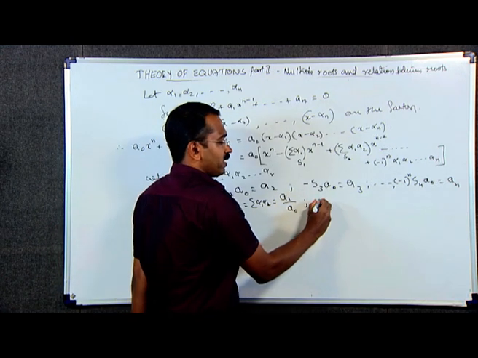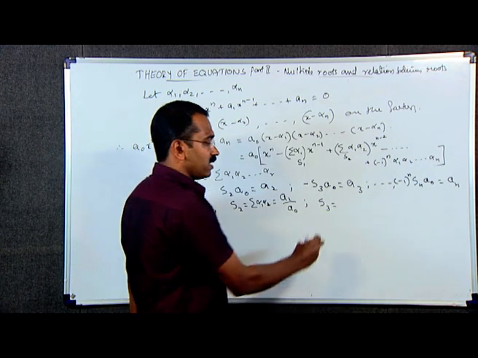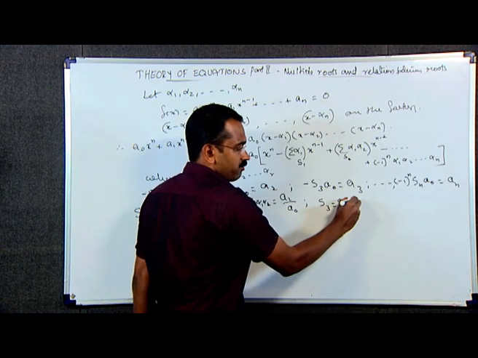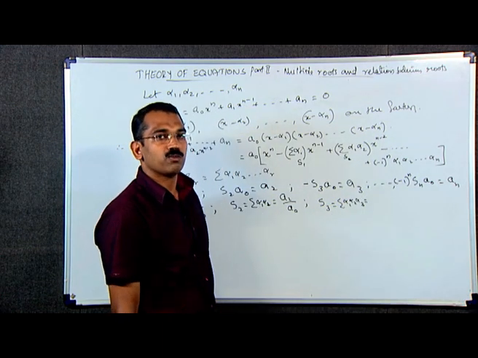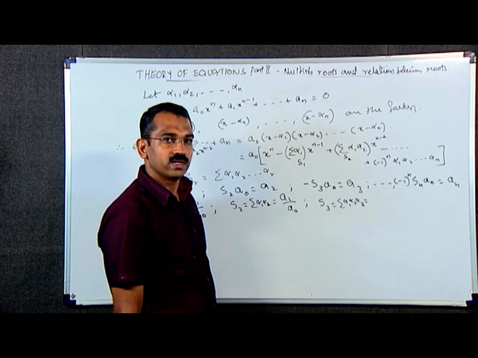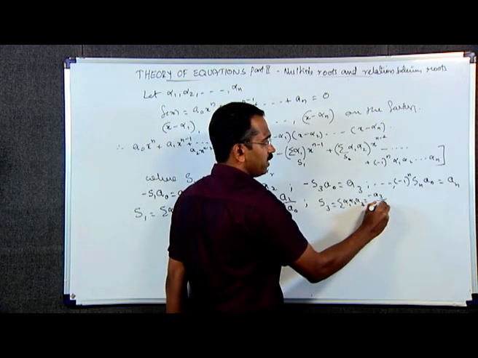From this, we can write S3, that is summation alpha 1 into alpha 2 into alpha 3, the sum of the products taken 3 at a time, which is equal to minus A3 divided by A naught,